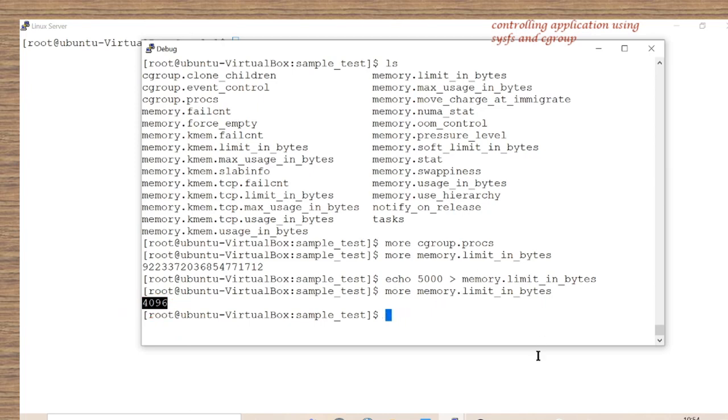Now open one more window. The configuration is done, but we have still not added the process which we are going to control. Up to this it's fine, right? So write a program, don't run it yet, come to this path, cgroup memory, create one folder, and inside that folder set this memory.